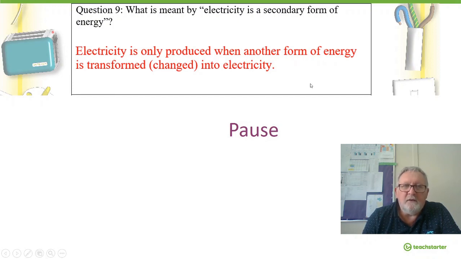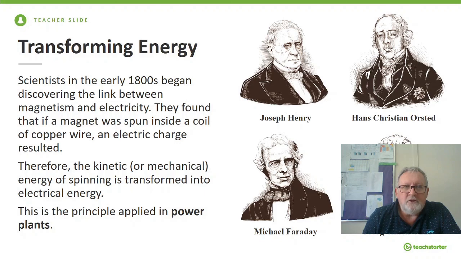All right, we will definitely be improving our understanding of that as we learn about all the different forms of energy that we use in real life. And not only us, but all around the world. Transforming energy. Scientists in the early 1800s began discovering the link between magnetism and electricity. They found that if a magnet was spun inside a coil of wire, of copper wire in particular, an electric charge resulted. Therefore, kinetic or mechanical energy, or movement energy as we sometimes call it, in the form of spinning, is transformed into,